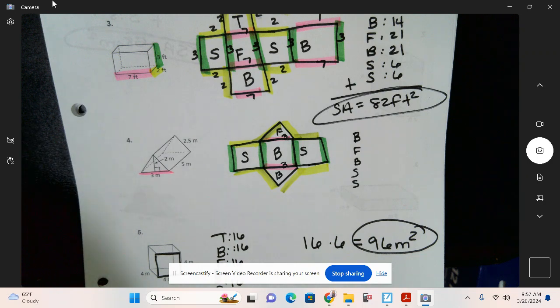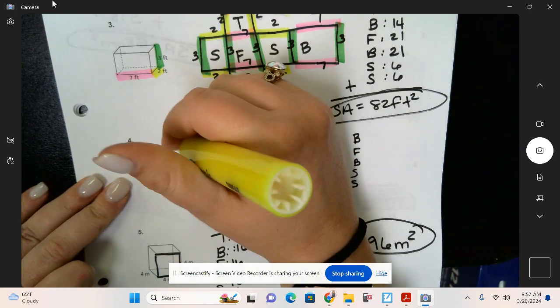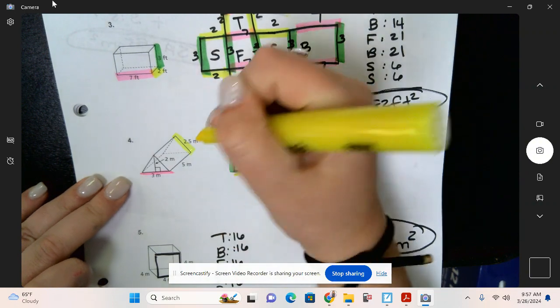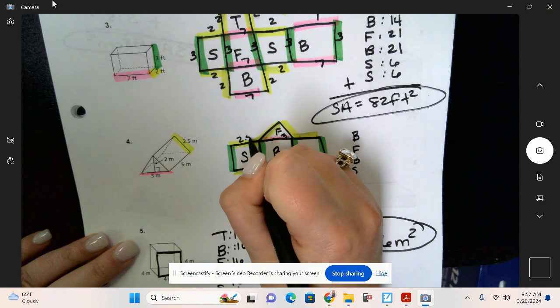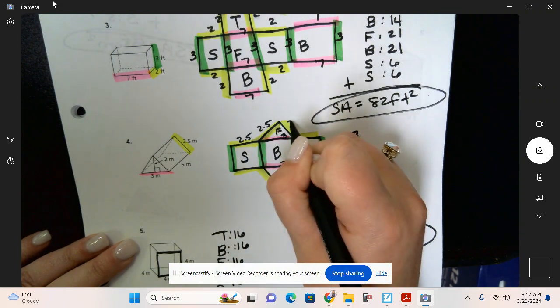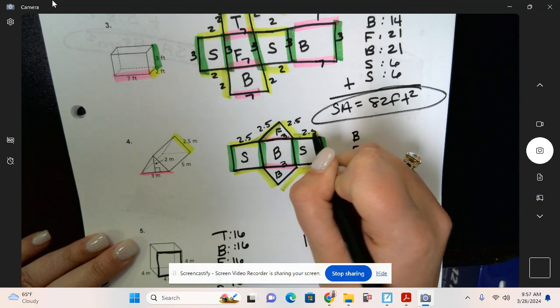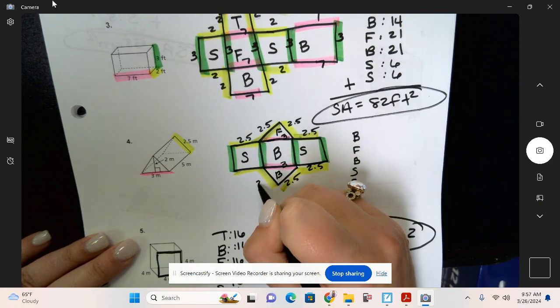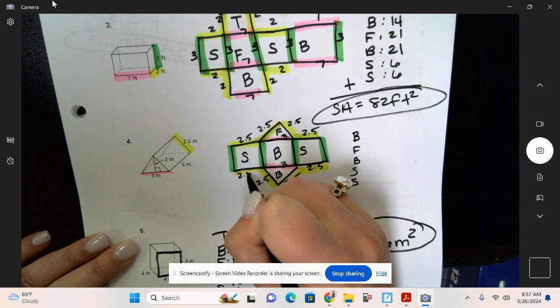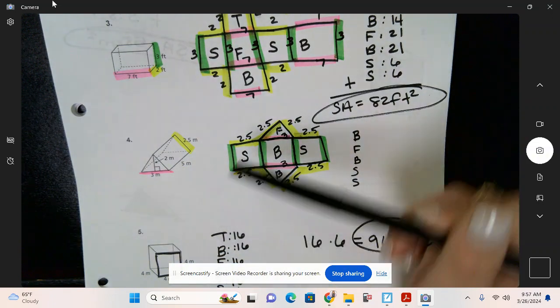Your slanted piece right here, that's your elbow piece. So 2.5, 2.5, 2.5, 2.5. And that 2 is your height? 2 is the height for the